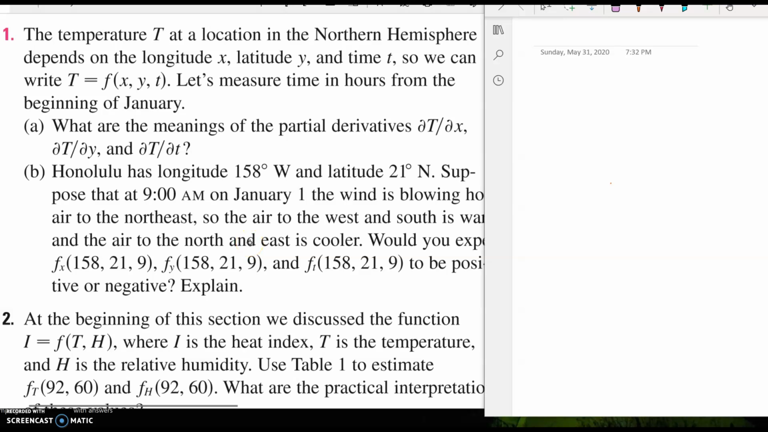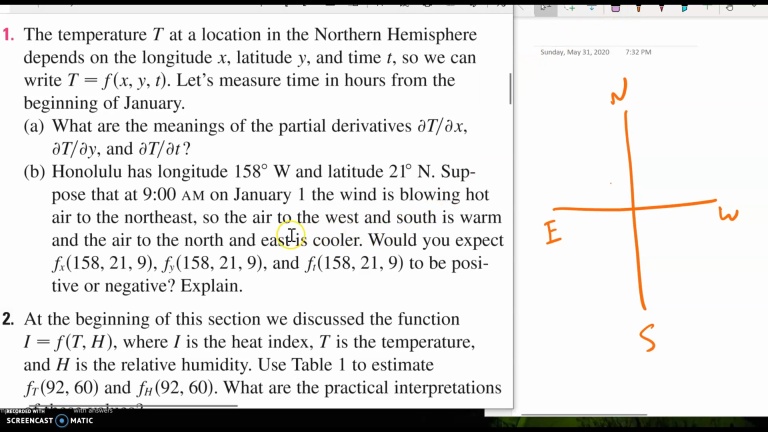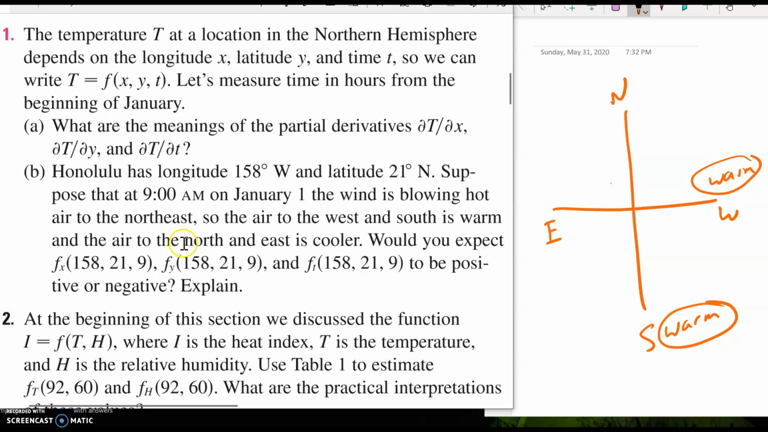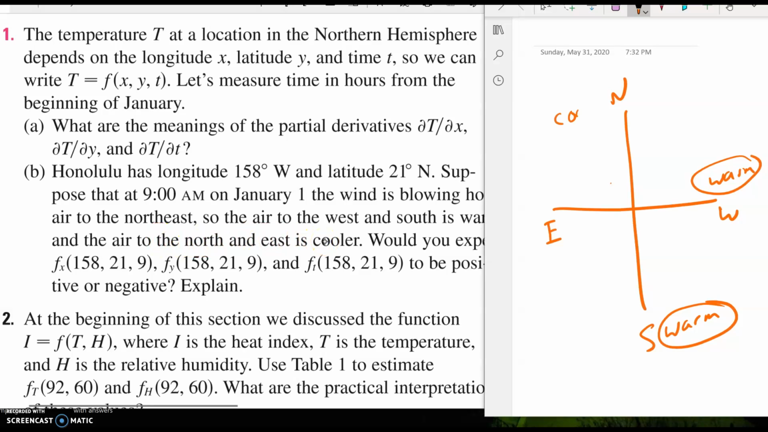So first of all, let's draw a picture here. So we have north, south, east, west. All right, one more time. It says the air to the west and south is warm. So it's warm in the south. It's warm in the west. And then it says the air to the north and east is cooler. Okay, so it's cooler up in the north